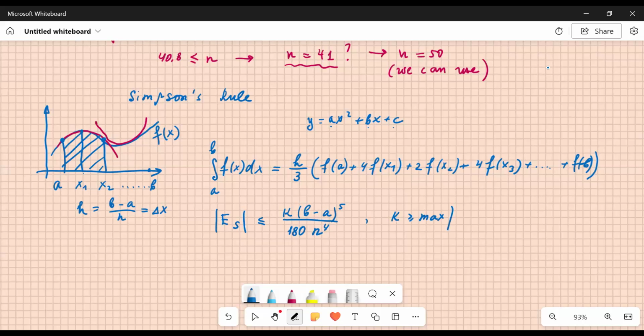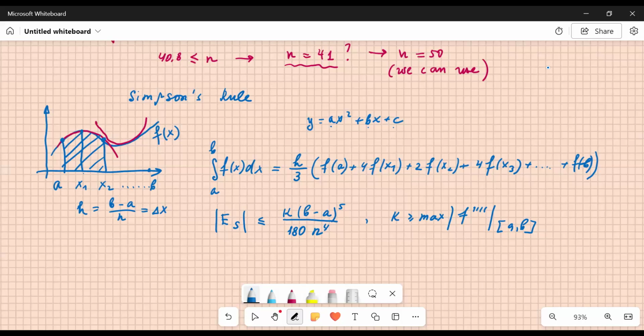Yeah, I think that's a fourth derivative. 1, 2, 3, 4 on interval from A to B. If you look at this expression, you probably are going to notice n to the power of 4. So actually, increasing the number of steps is going to decrease the fraction a lot, right? You still have (b minus a) to the power of 5, but usually it's not a big interval, and it's